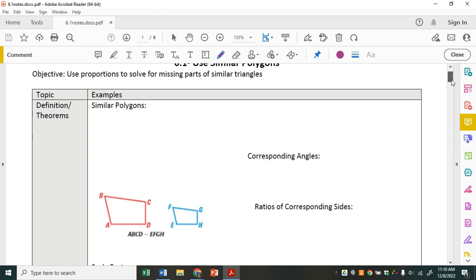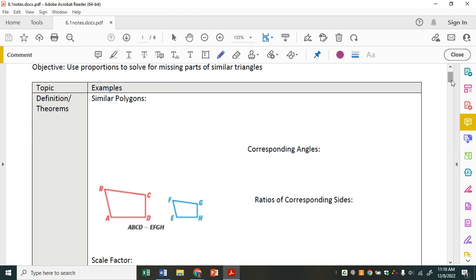Okay, guys, we are moving on to our next section. So, last section we had talked about congruent triangles and how all of your corresponding sides and all of your corresponding angles had to end up being exactly the same. We're moving on to now what are called similar polygons, which is kind of the same idea, but it's a little different. So, in similar polygons, your corresponding